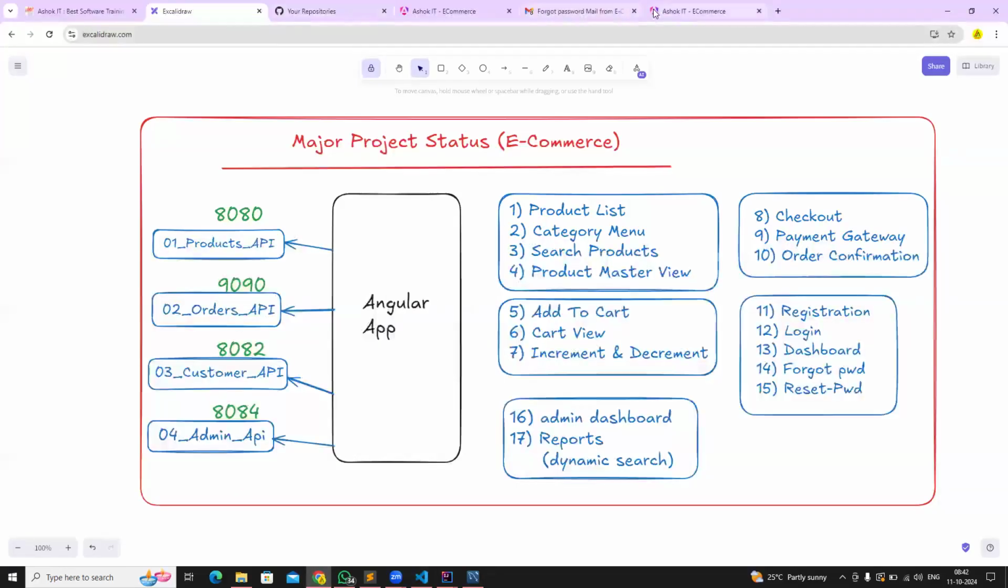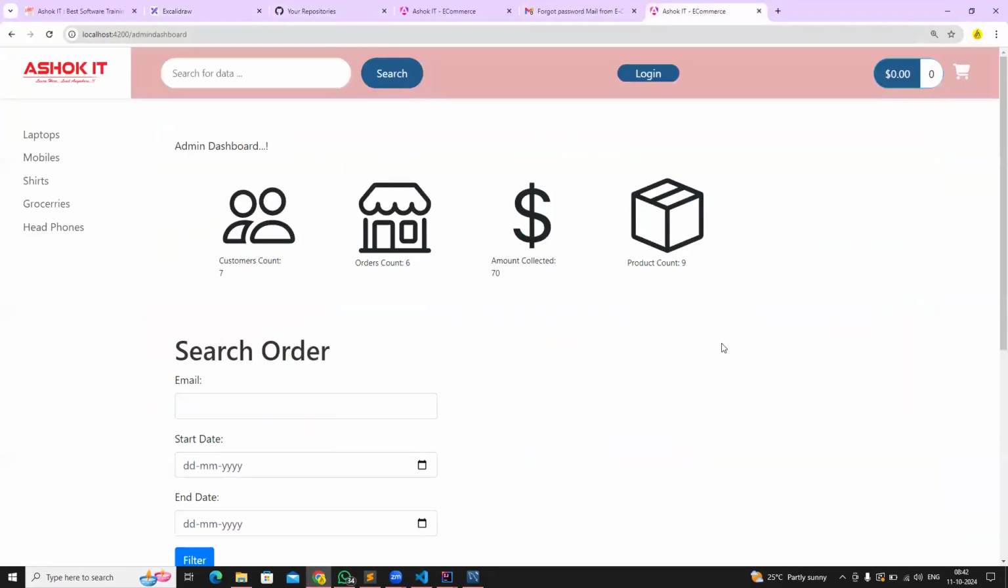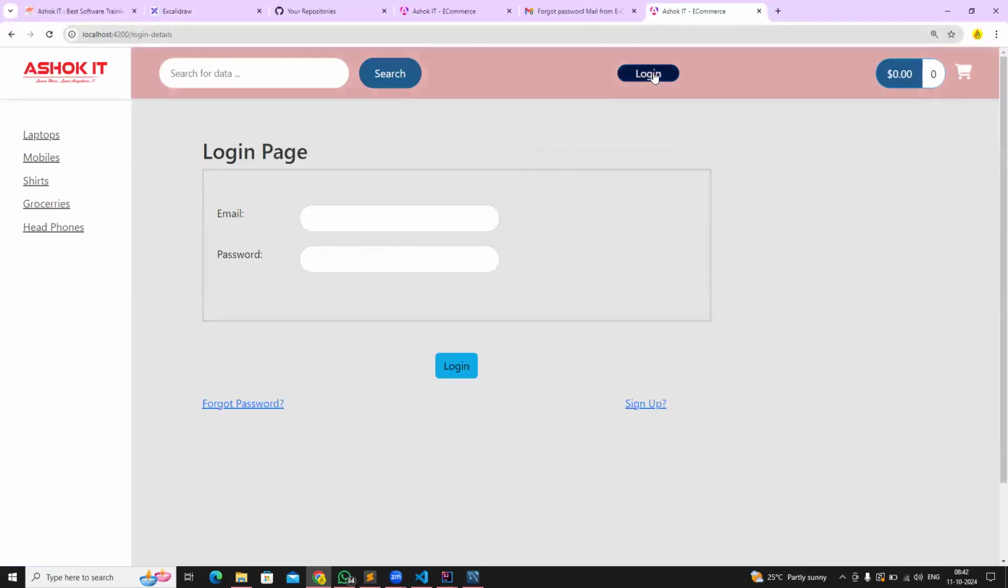Page is reloaded. Yep, now we are getting the totals. There are 7 customers available and there are 6 orders available. Total amount collected is 70. Total 9 products available in the system. And here, whenever we log in as